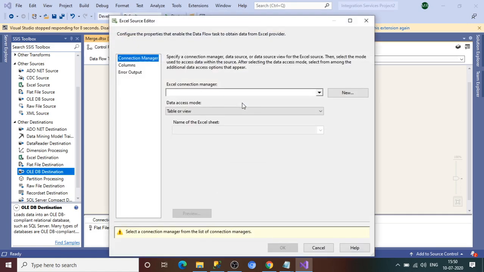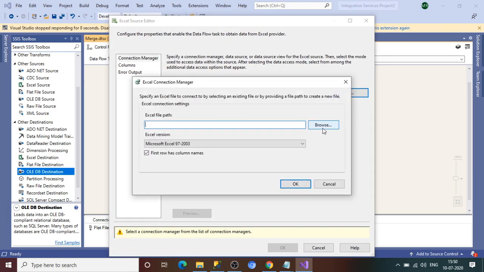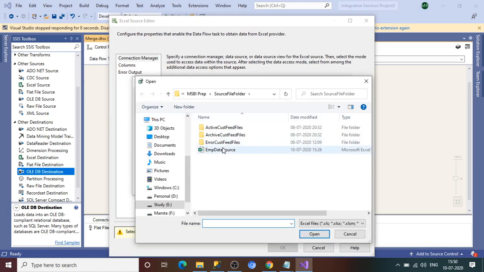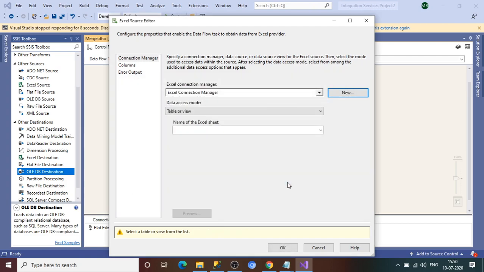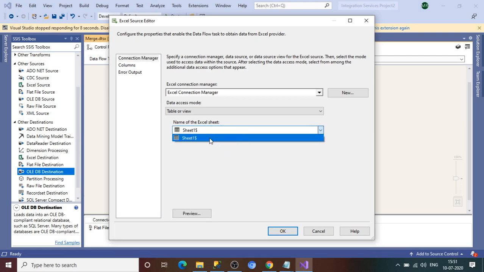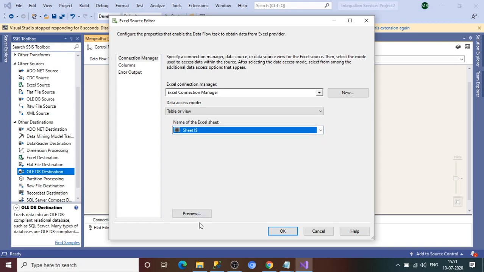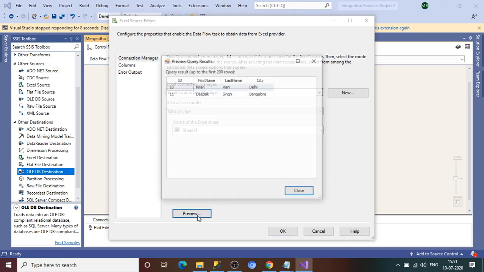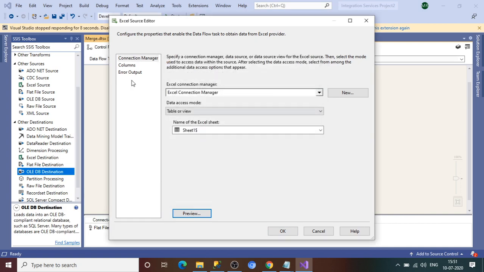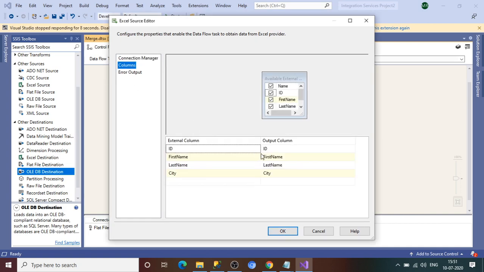Now click on Excel source, go to that location and locate your file. This is located here, connected columns. If you see, go to the columns, select a table. Okay, sorry, I needed to select the Excel sheet table. So this is the table. Let's preview the data. We have two rows in this Excel sheet. Go to the columns. In columns, if you see, all the four columns have been added.